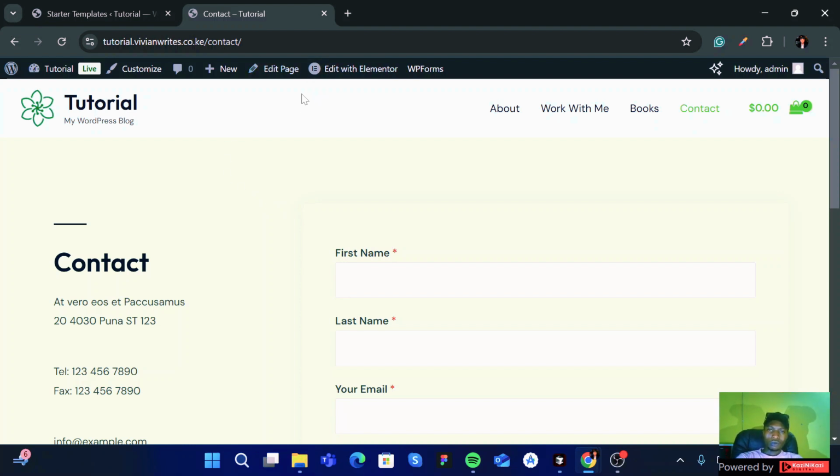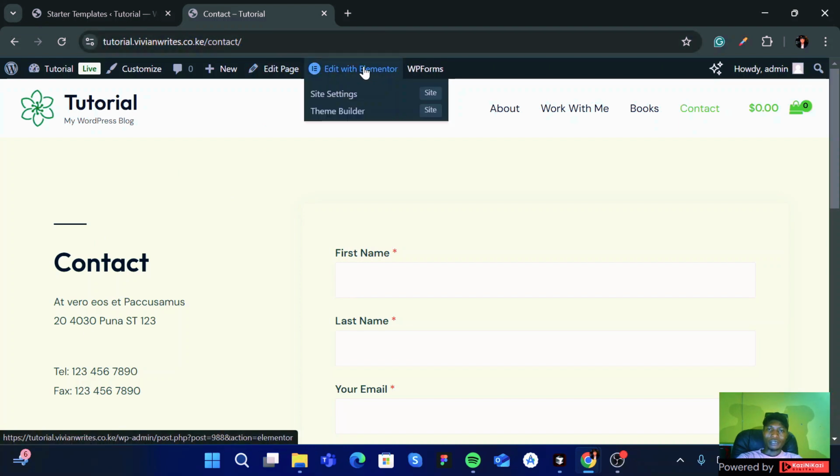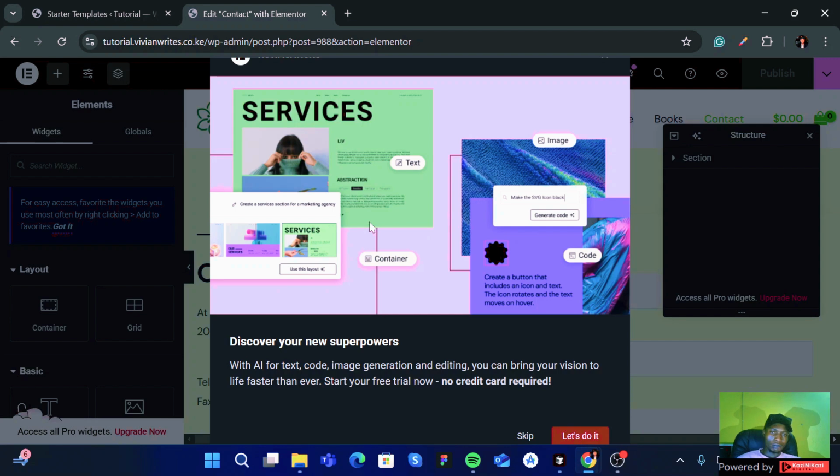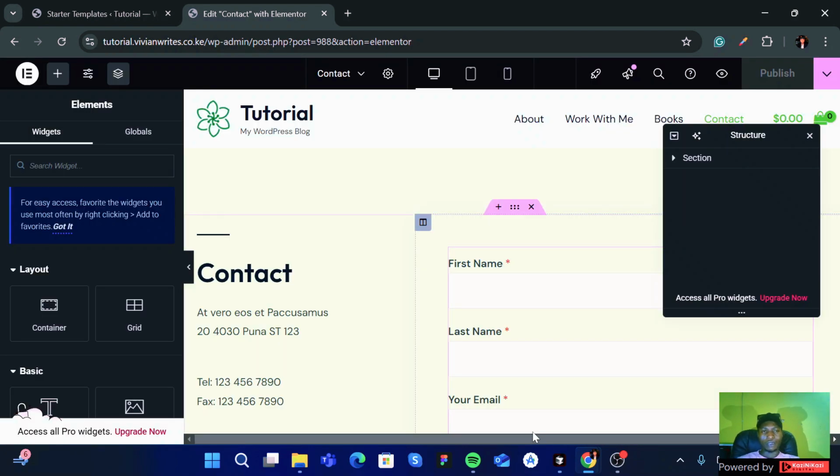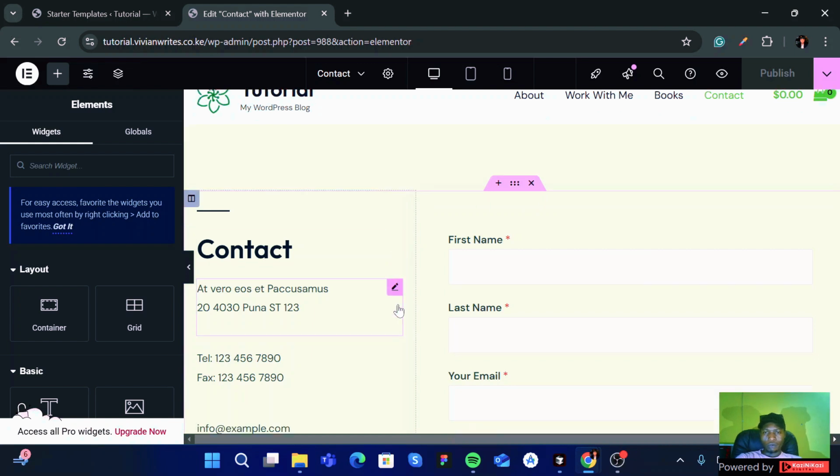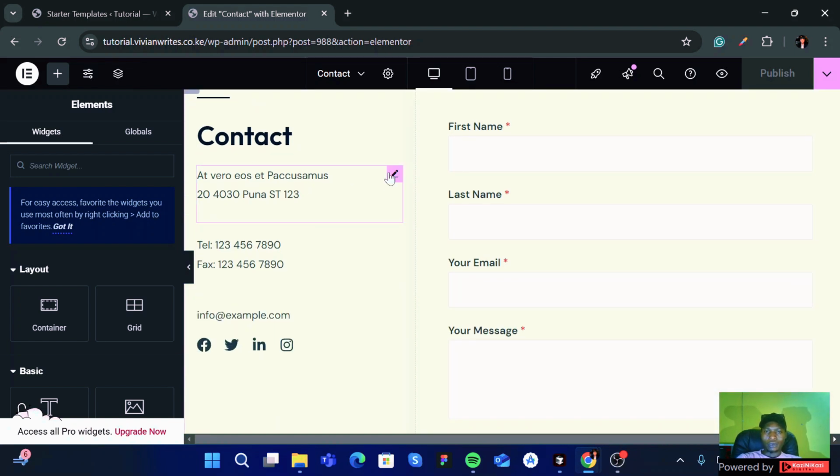So what you do is to come here on this admin bar, then click on edit with Elementor. Once you click on edit with Elementor, it will open the Elementor page builder. So this way we'll do the dragging and dropping, the editing, the changing of this and that. Let me just skip because you can follow that if you are new, if you are still learning. But once you get used to it, you'll just be skipping it. So once you're here, on the contact page, you can now change